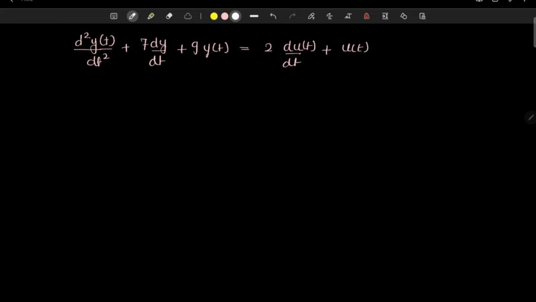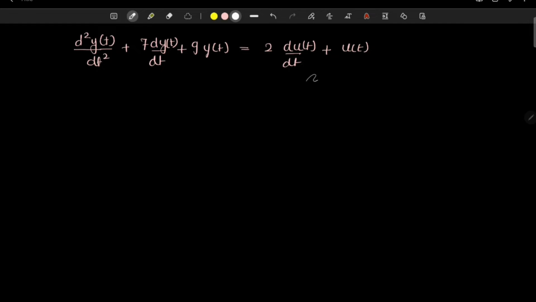Now let's solve one more question, and then we will solve this question with the help of MATLAB. In this equation, the first term is the double differentiation of y of t plus 7 dy of t by dt plus 9y of t is equal to 2 du of t by dt